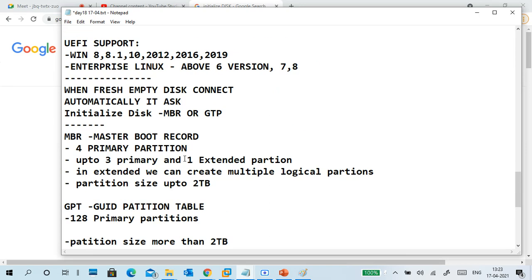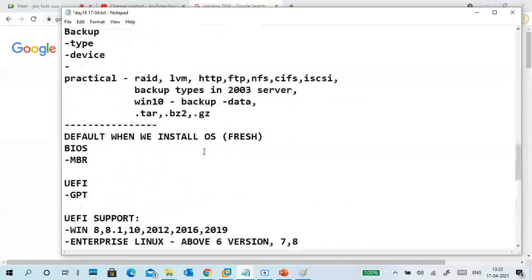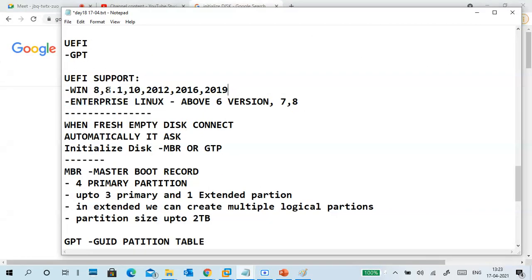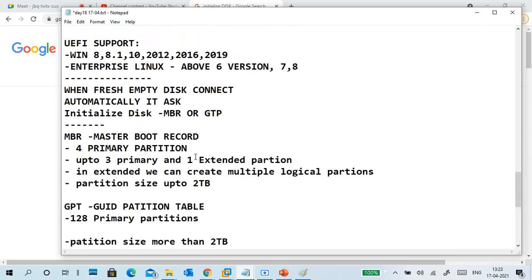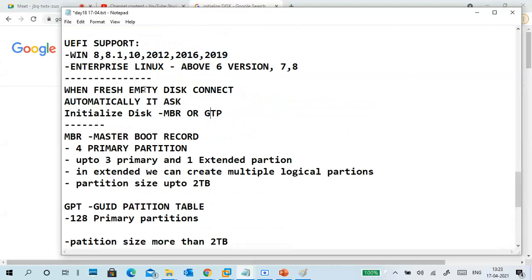This is very basic. We don't worry about what it is like that, but these basic things are very important at the time of interviews. So we always try to put UEFI. Why? Because while installing the operating system, by default that is your GPT disk only, because we use 2019 and Windows 10 and Linux 7, so it automatically becomes a GPT type of disk. Whatever firmware you're using, if your operating system supports MBR and GPT, when you add a new disk, whether you call it a new disk, fresh disk, or empty disk, whatever you say, guys, I already told you 2 or 3 times,